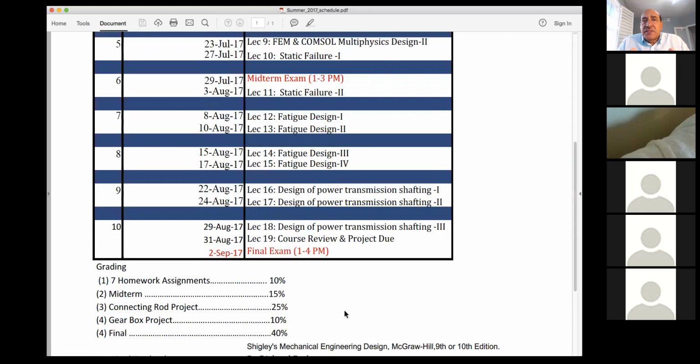And then this car engine will have specifications in terms of horsepower and torque. And from these specifications, you'll be able to select or start designing a connecting rod for that particular engine that you have chosen.